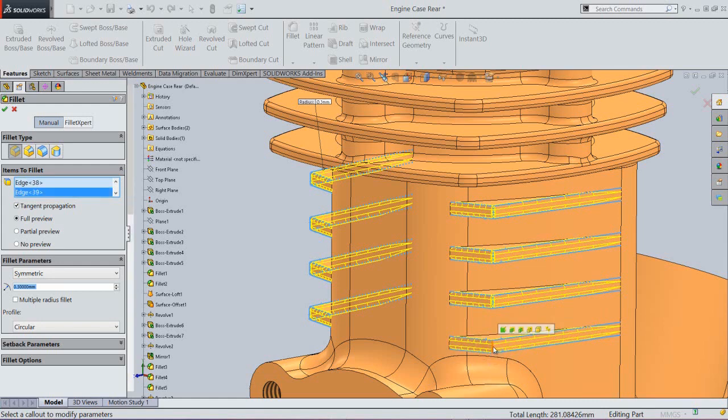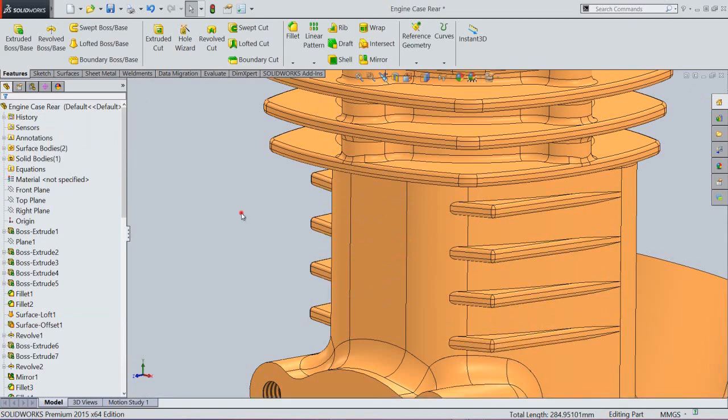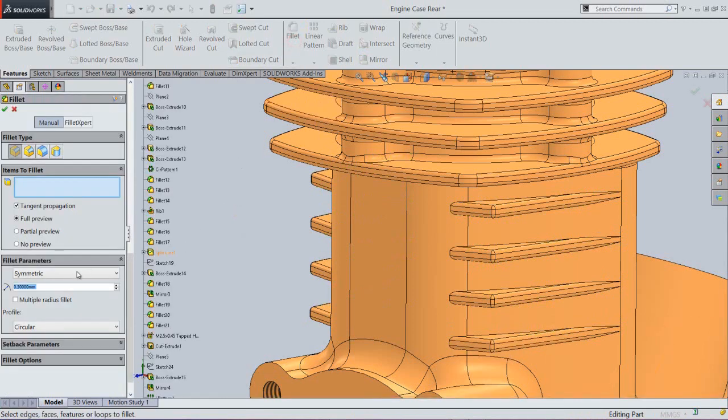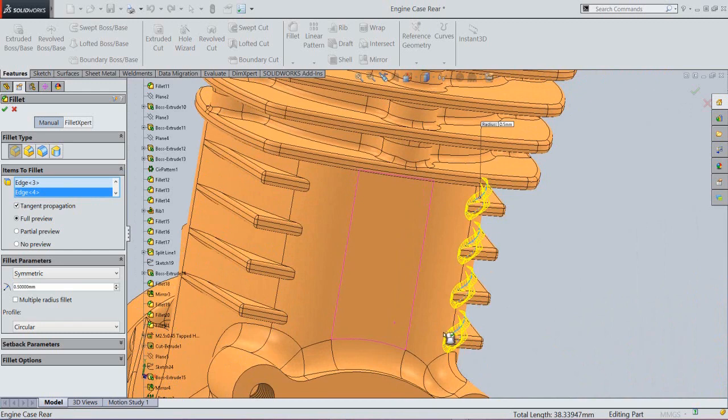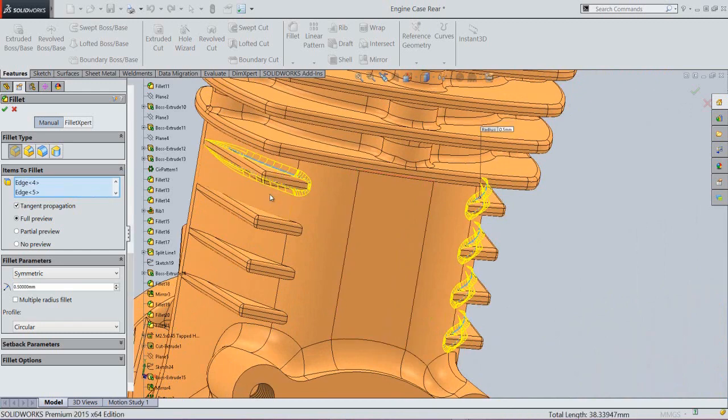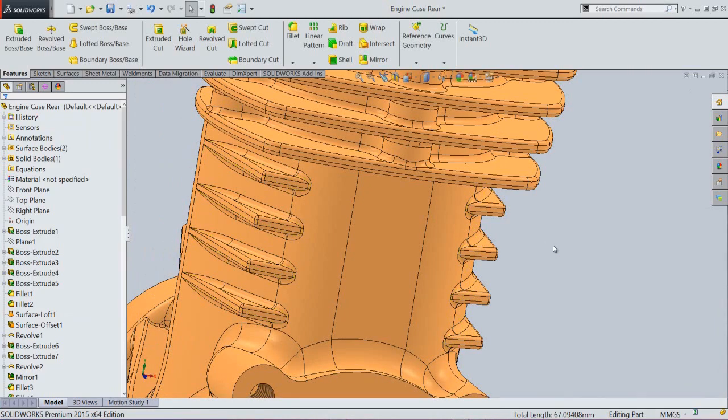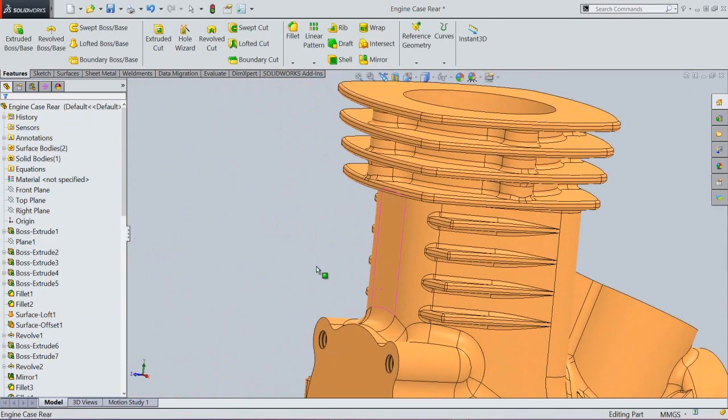Okay, the fillet radius will keep 0.3 mm. Click OK. Now see, it looks good.